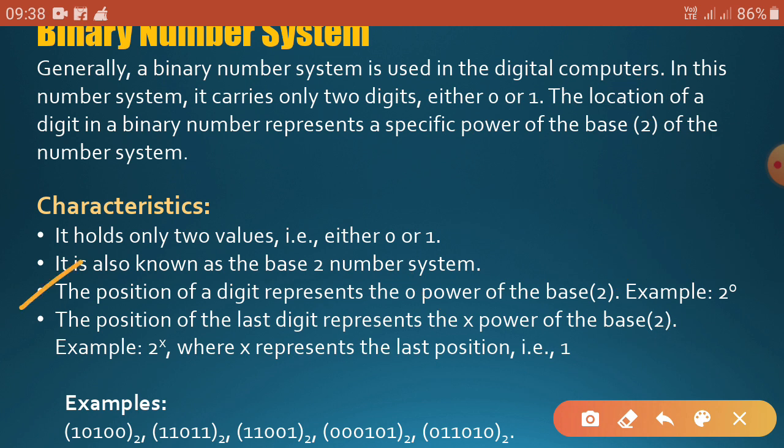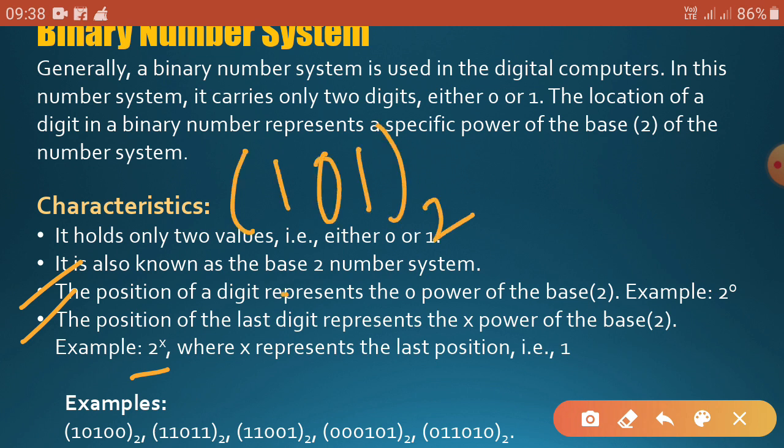Number 3 is the position of a digit represents 0 power of the base 2, example 2 to the power 0, and the position of the last digit represents the x power of the base 2, example 2 to the power x. So whenever we are writing some binary digits, suppose I am writing 101 and the base 2, it is in the binary number system, so we have to write it